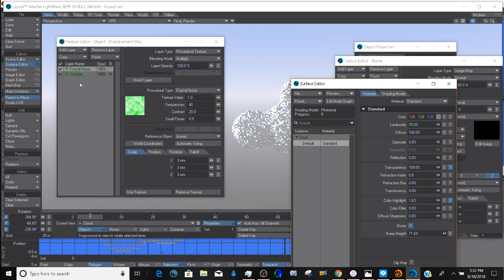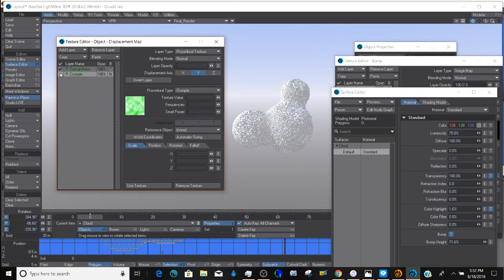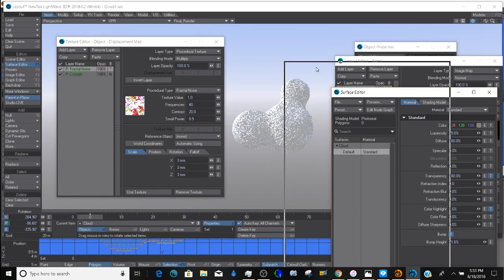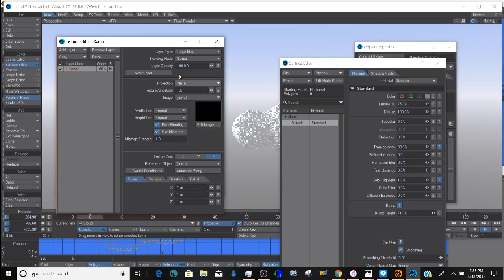How about some of these guys? How much trouble are they causing? Nope. Yep. Yay or nay on that? No, those are doing all the work. We had a pretty good scene a minute ago. Hold on, let's see if we can get back there. Transparency. Bump. What did we do for bump? There's nothing there, so